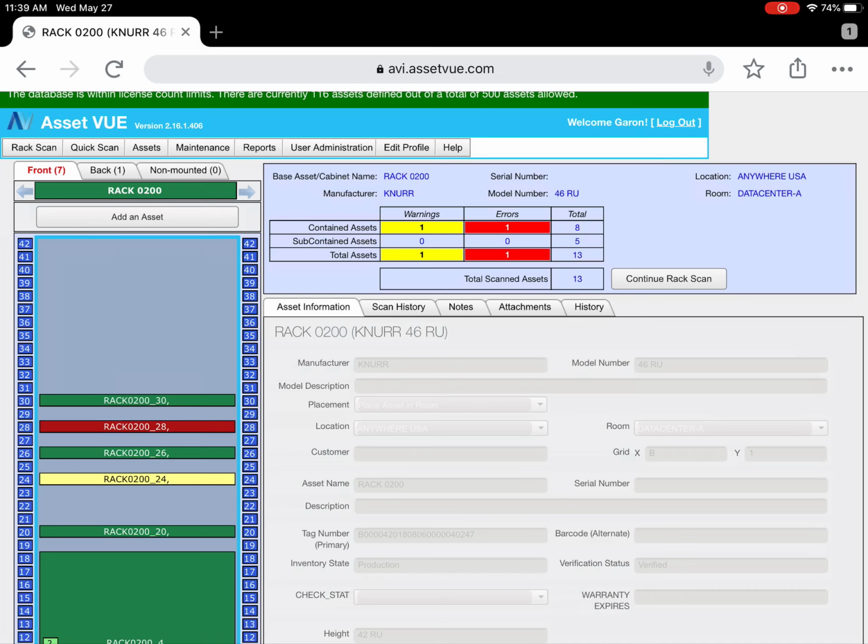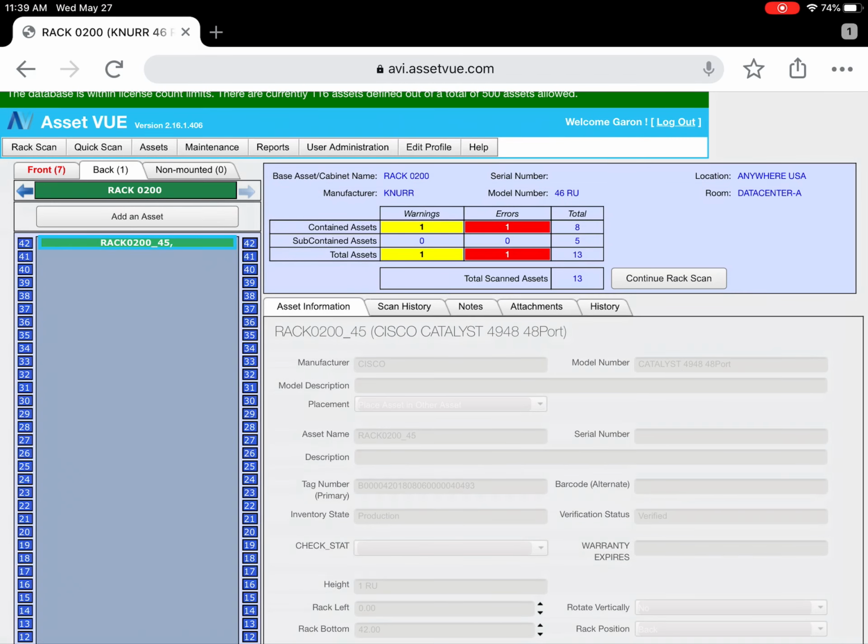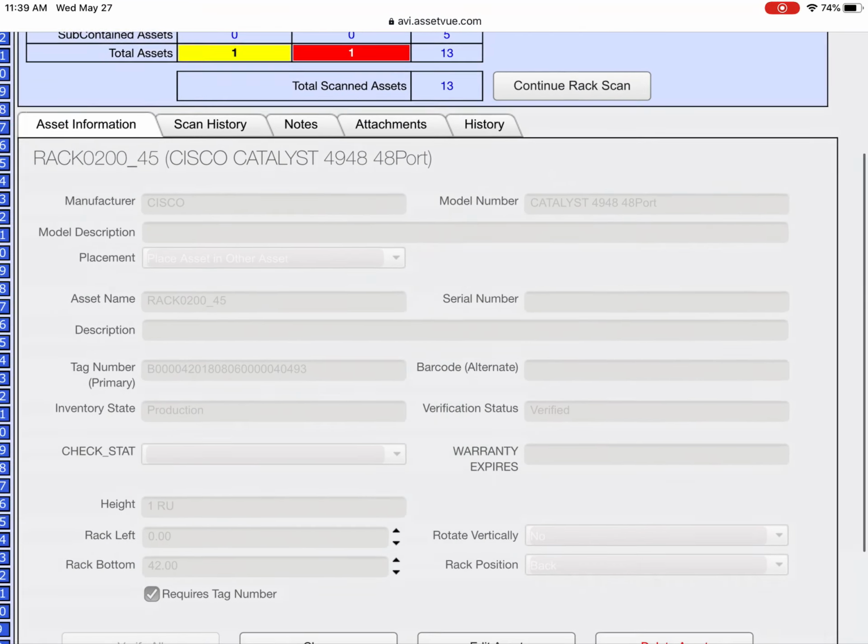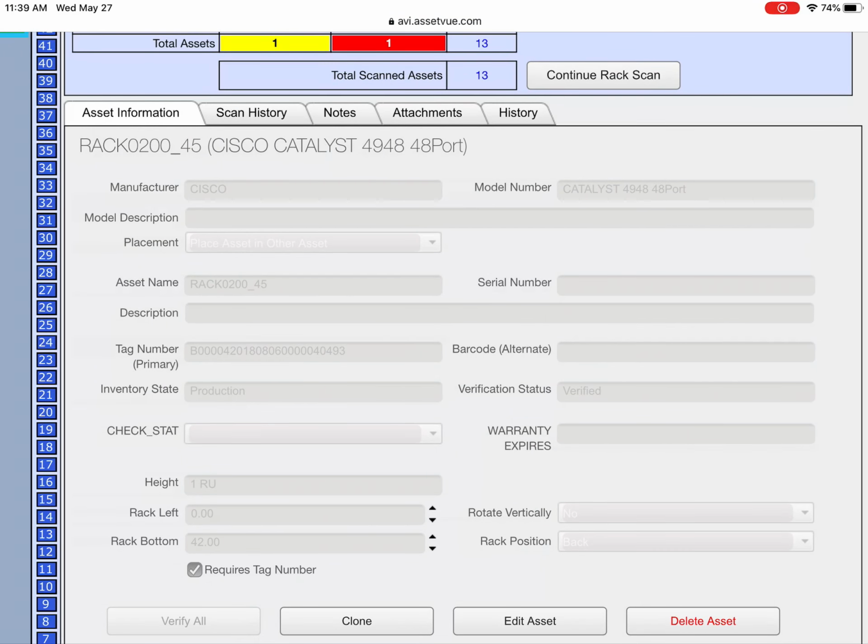In addition to the front of the rack, you can also see contents in the rear of the rack. And you'll notice to the right on the screen, we have the data points associated with the asset. These data points have what we call user-defined fields, where a user can define such fields as when their warranty expirations or status of that asset or ownership of that asset, things of that nature, and save that with the record as